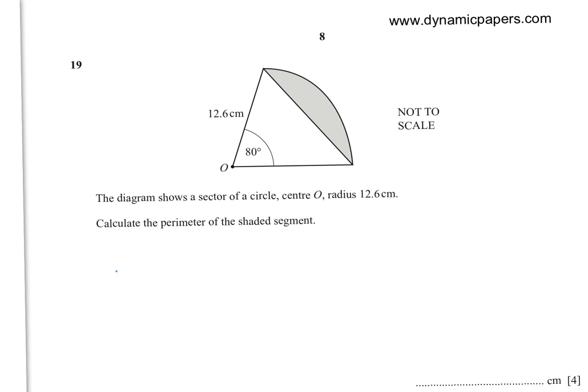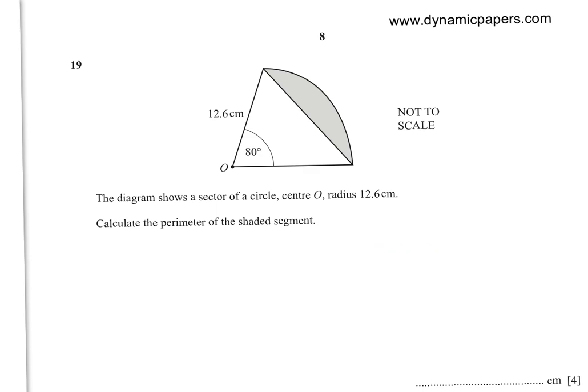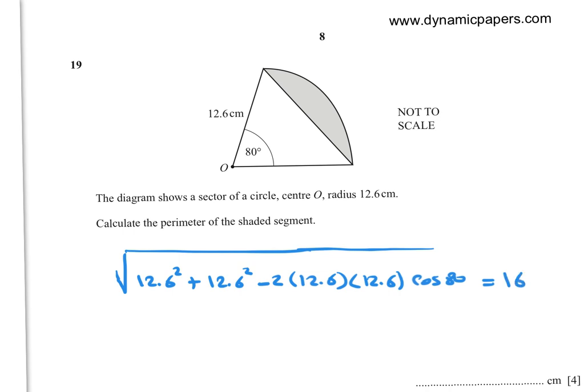equals the square root of 12.6 squared plus 12.6 squared minus 2 times 12.6 times 12.6 cosine of 80, which equals 16.2 to 3 significant figures. So now this is the chord,